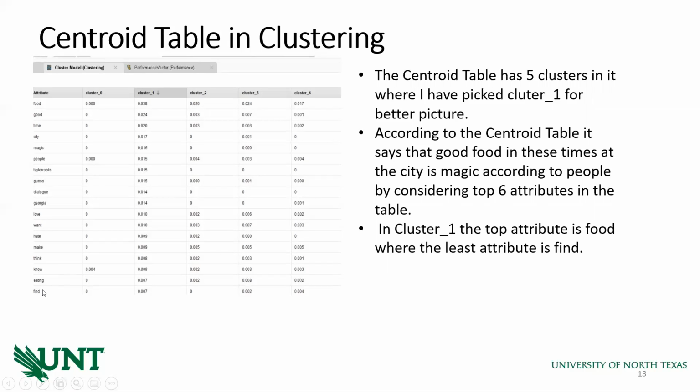In cluster 1, the top attribute is food, and the least attribute is find. The highest one is 0.038, food. The lowest one is 0.007, that is find.